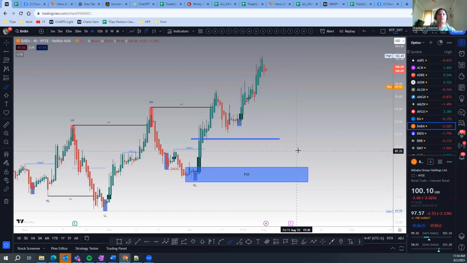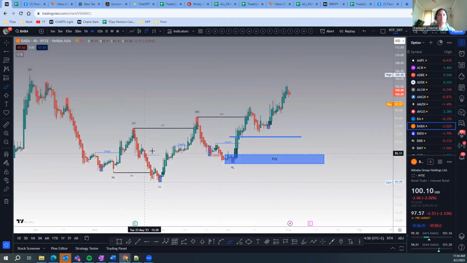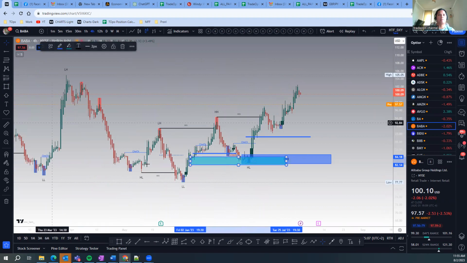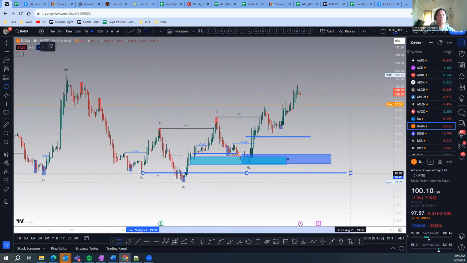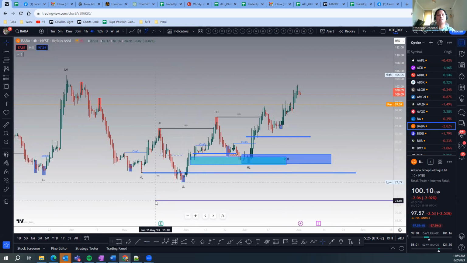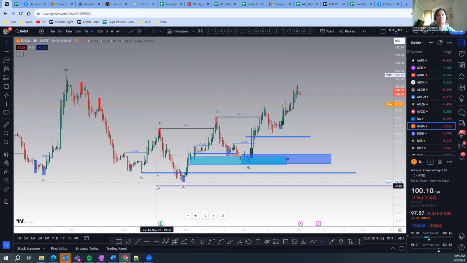So let's take a look at other examples. For example, here we have a break of the structure, and we know that there is a liquidity sweep first, and then you find another order block below it. This is where we believe that the price can bounce. But for safety's sake, we can put the sold put a little bit away from that area. So let's say we sell the 80 put and we buy, let's say, $3 away, 77